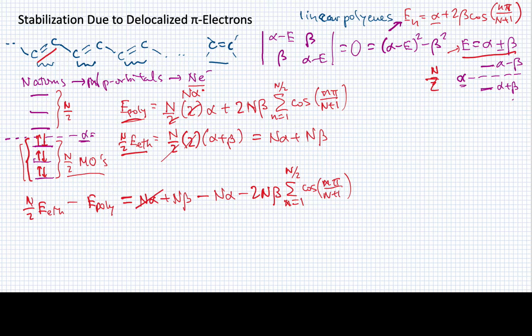Okay, well, these are going to cancel, and I'll end up with n beta times 1 minus 2 times this sum. Now, a couple of things. It's not going to be obvious from this, but all of these terms for up to n equals n over